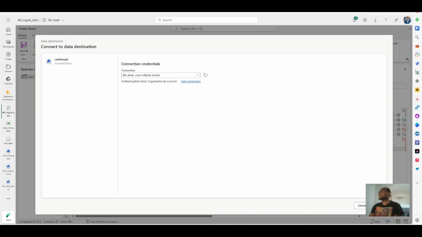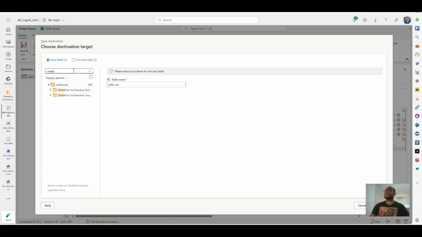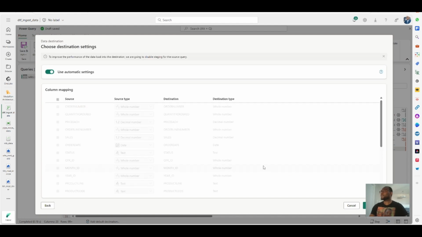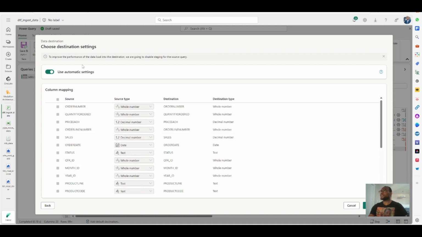So I want, yes, silver. I click on next. I look for my workspace, Medallion training workspace, and I click on this, and I click on the silver. That's where I wanted to get into, and I want it as sales, right? Yes, new. It says a new table will be created, and I click on next,